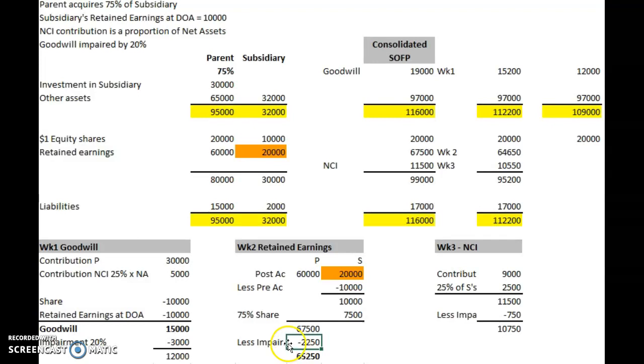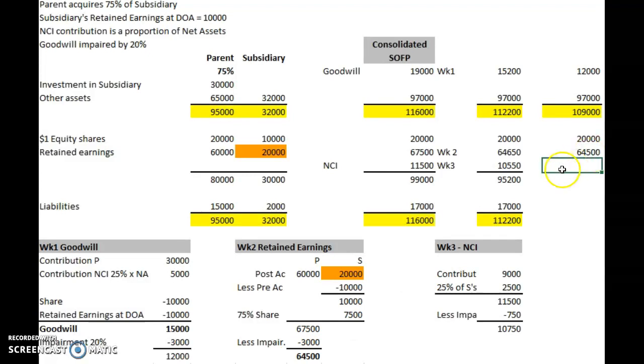So instead of its share of the impairment as previously, we're just going to take the full impairment, negative 3,000. So we're dropping from 67,500 by 3,000 to 64,500. So we can put that in there as the new figure